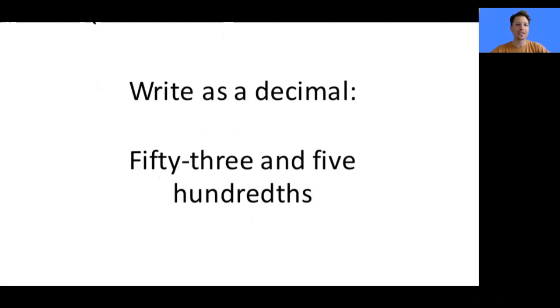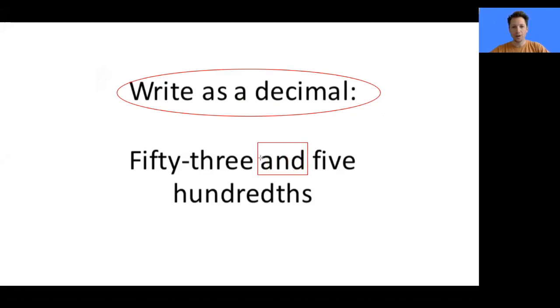Now, boys and girls, I want to teach you that when you see that the instructions say to write as a decimal, and you also see this word "and" right here, what this word "and" means is a decimal. So if you read "and," know that you will have a decimal. So I have 53, so I'm going to write that. So let me change the color to blue. So I know that I have 53, and that came from right here. Now, once you see the word "and," that's when you put a decimal. You have 53 and